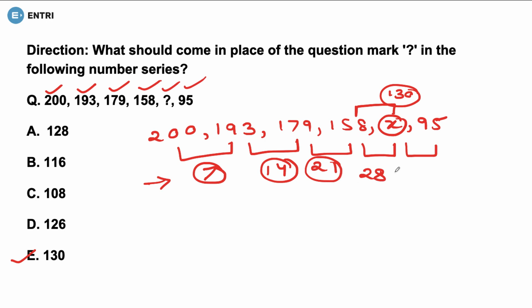7 fours are 28, but 7 fives are 35, isn't it? Now, try to make the difference of 35 with 130, and yeah, we can see that if 30 is subtracted, it would be 100, and if we subtract 35, it is 95. So our correct answer is 130. In this, just check by the subtraction or addition method what sequence order is coming. Here we can see that it is the multiplication of 7 that is going on, isn't it? So our answer is 130. So option number E is correct.